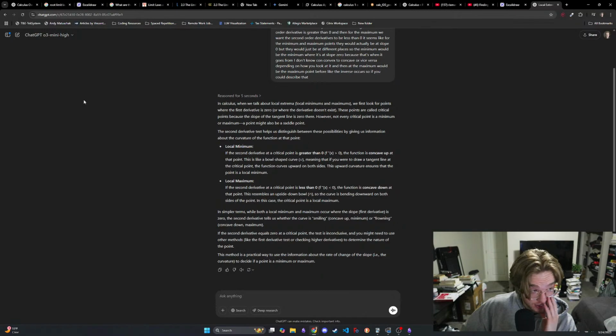Oh, okay, so I thought the critical points were a separate category of extrema and not preparatory to calculating the minimum and maximum. However, not every critical point is a minimum or maximum. A point may also be a saddle point. The second derivative test helps us distinguish between these possibilities by giving us information about the curvature of the function at that point. A local minimum: if the second derivative at a critical point is greater than 0,